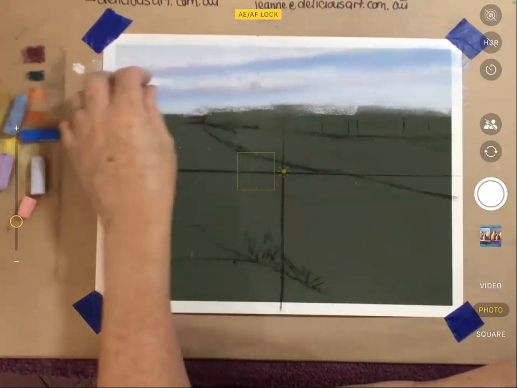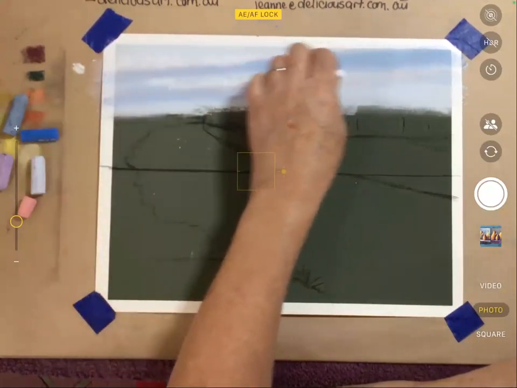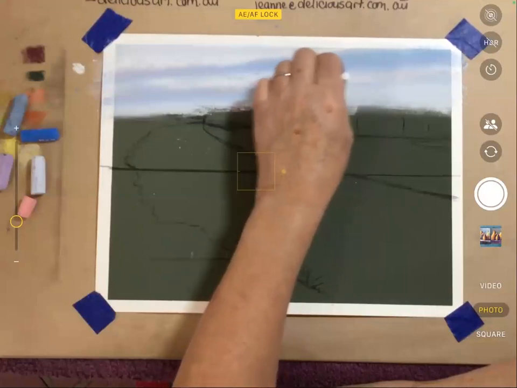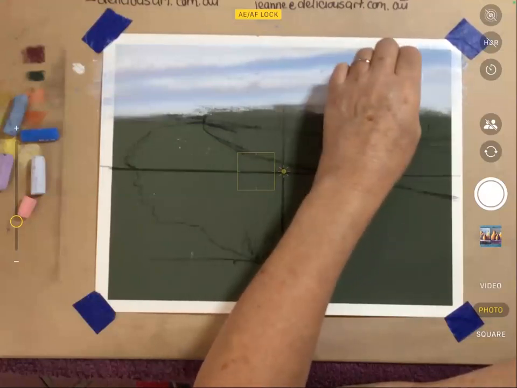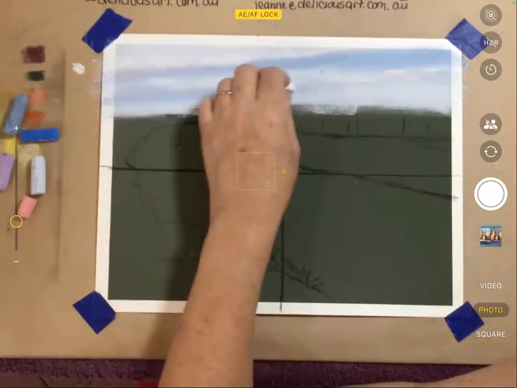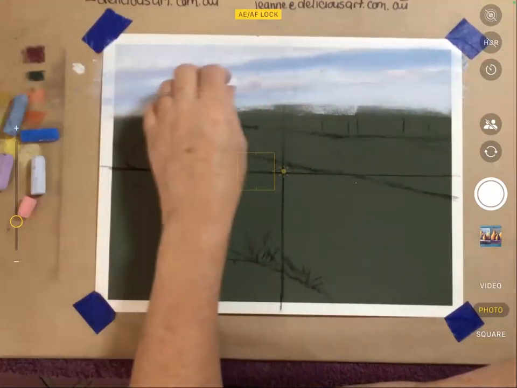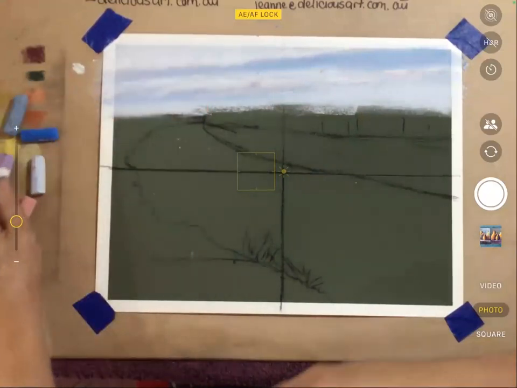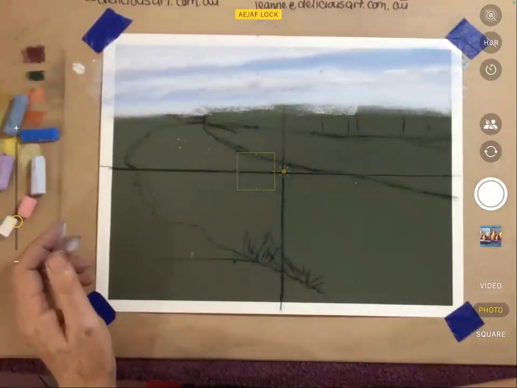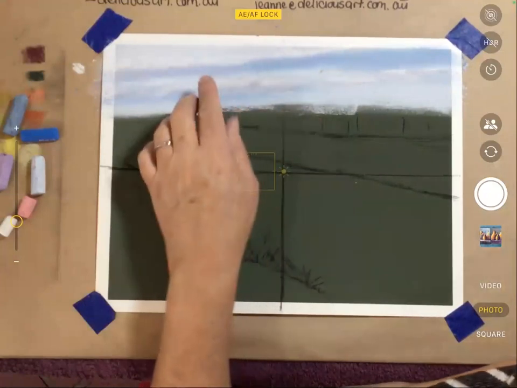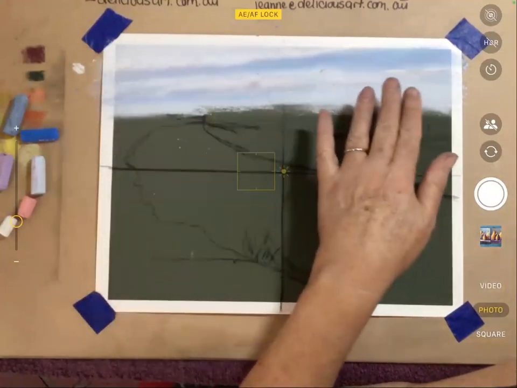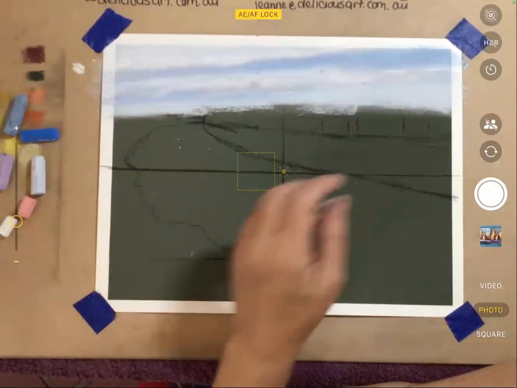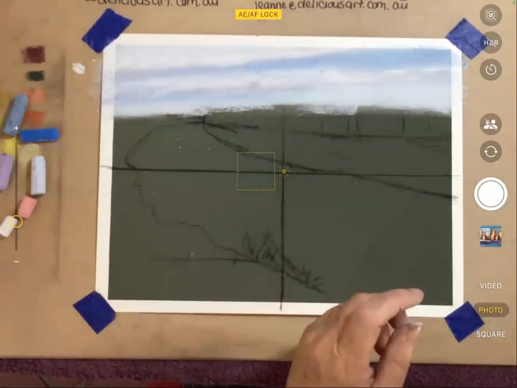Okay, so a bit of white on the tops of those clouds. You can put little wispy ones around over here on the right. Then now, instead of pulling that across, because I want to keep that fluffiness about it,